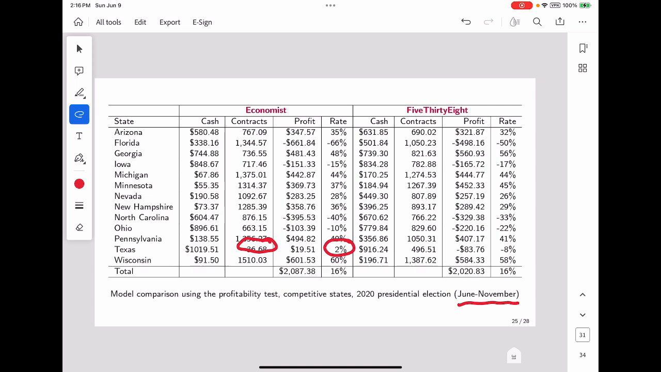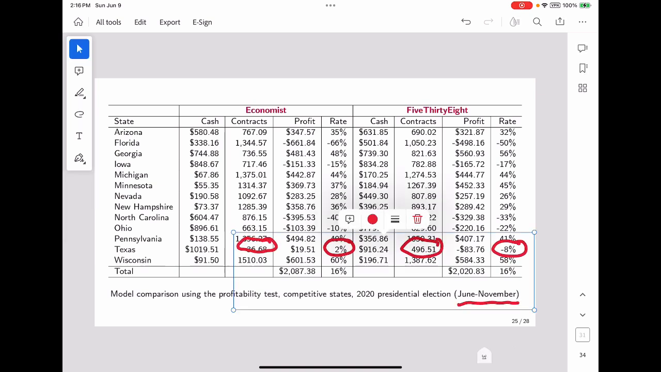Whereas the 538 model bet on a Democratic victory. They have a positive number of contracts and lose money. And you see a lot of differences here